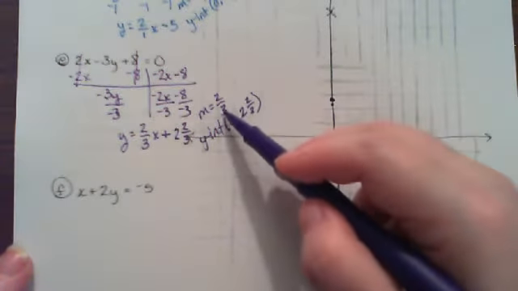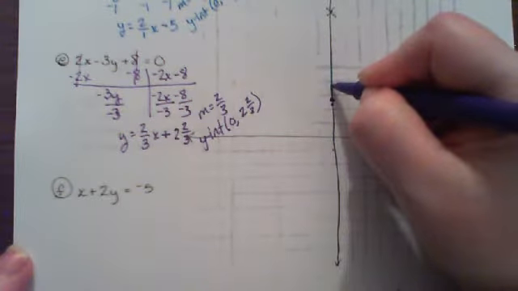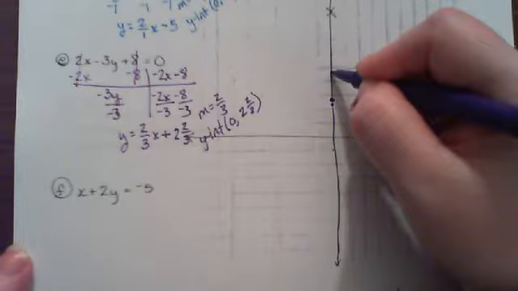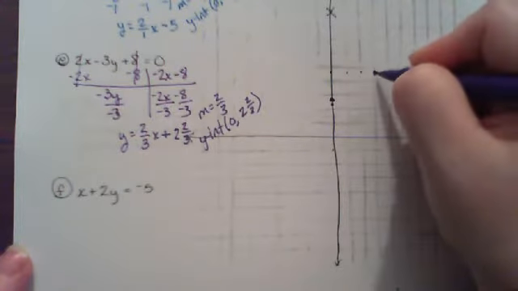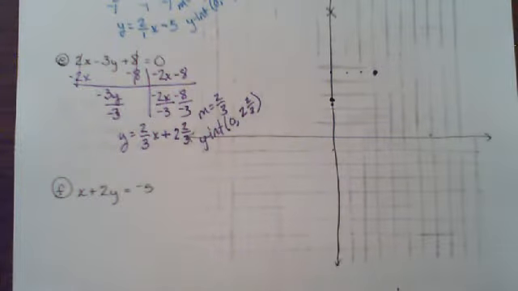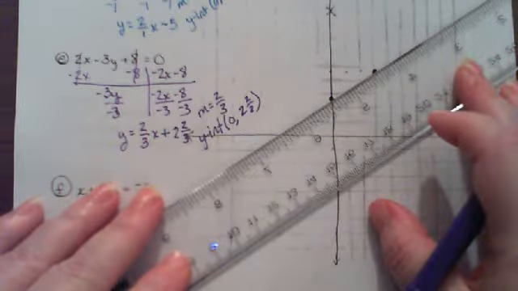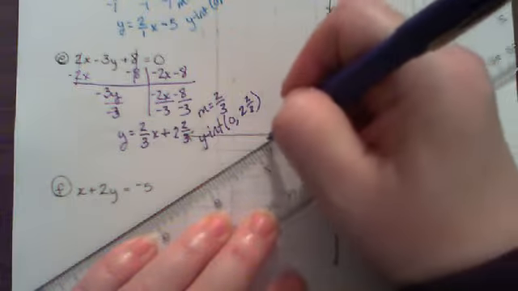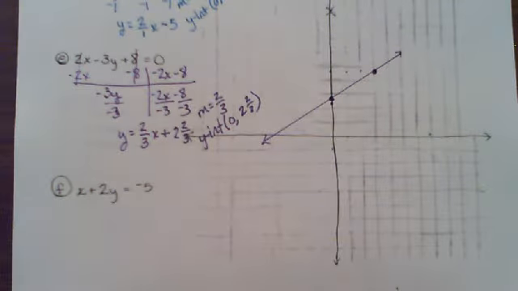Then we're supposed to go up 2 and over 3. Well, if I go up 1, that's almost to the next one, and then up another one is almost to that one, and then over 1, 2, 3. So it's not exactly on that line. These are not going to be pretty points, but they are accurate, or as accurate as you need to be. And now you know how to deal with fractions. And then for the last one,